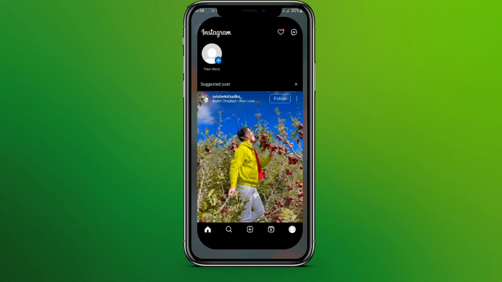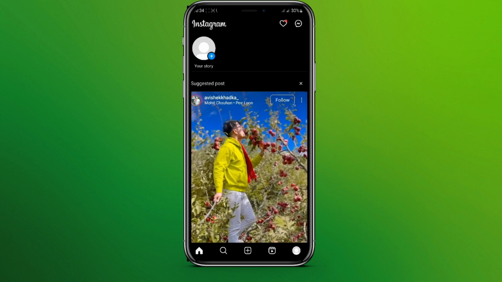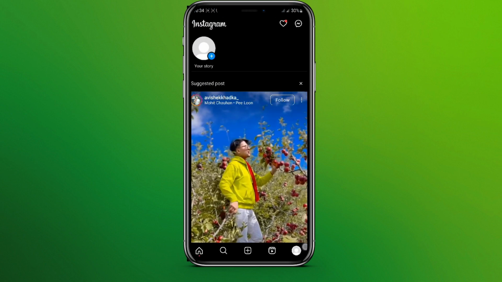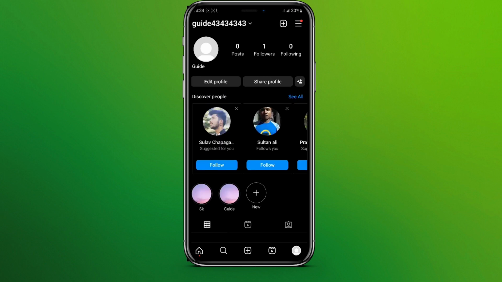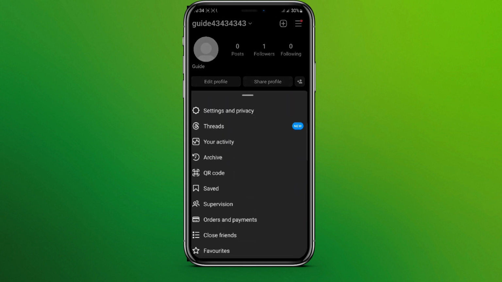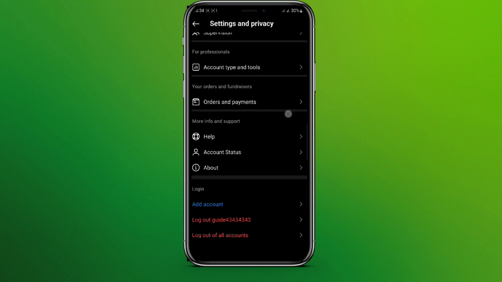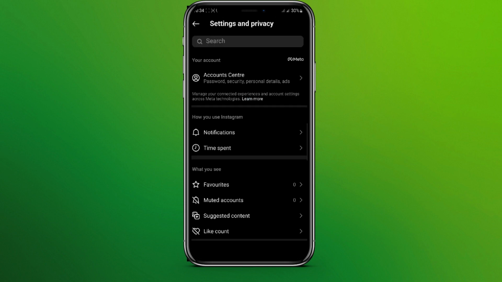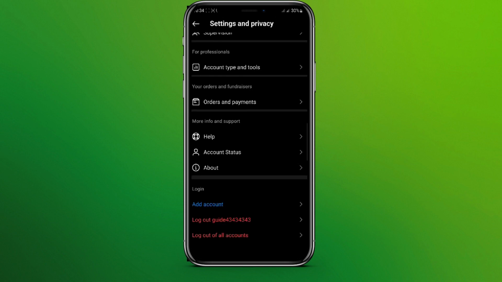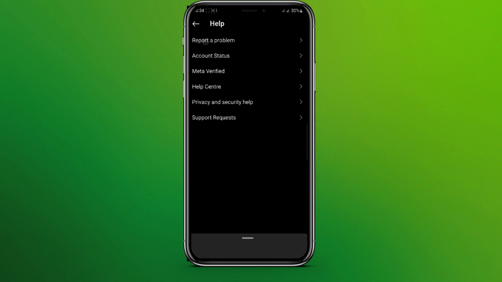Let's get into the Instagram app. Click on this profile icon in the bottom right corner and click on this three-lined icon over here. And we can see no search option here, and if you click on settings and privacy, we cannot see such option yet. If this is the case, click on help, click on report a problem,